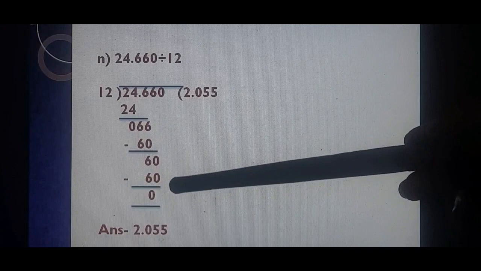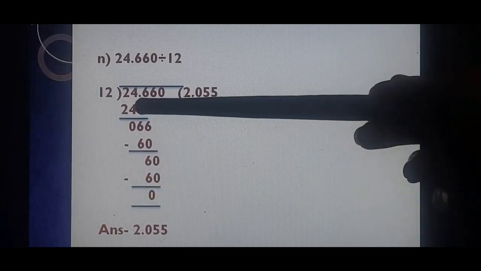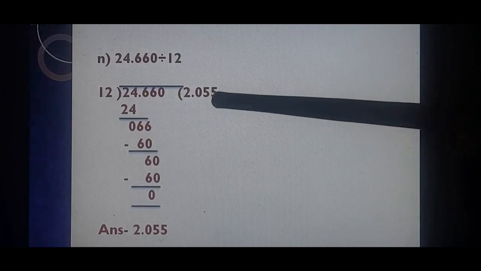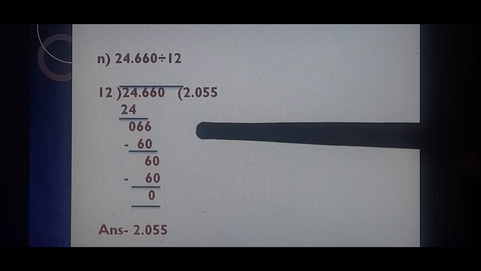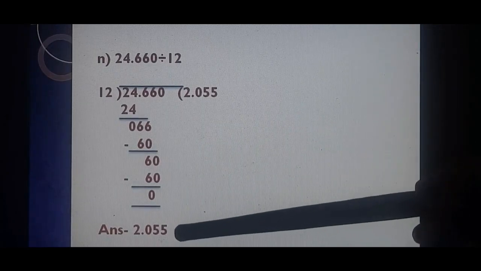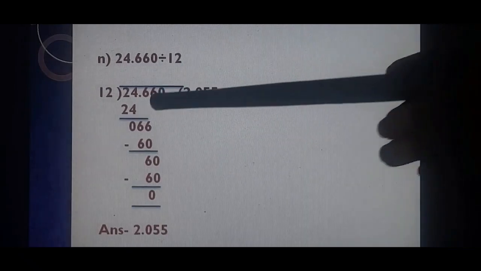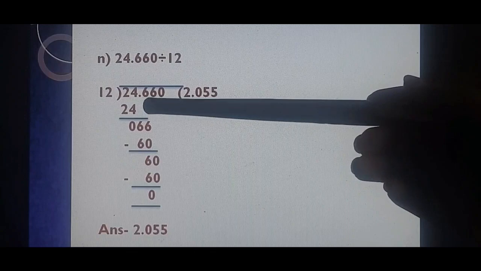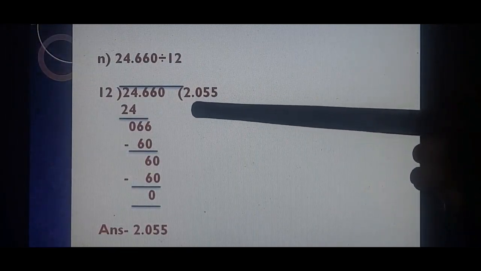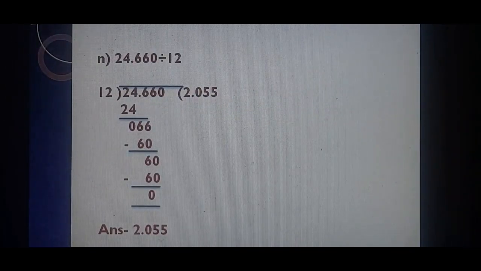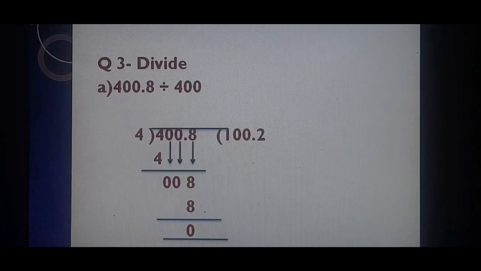Now after completing this division, after decimal we will count the number of digits. 1, 2, 3. So count from ones place, ones, tens, hundreds, put decimal here. So our answer has become 2.055. Understood? You have to do complete division. No remainder should be there. Okay? जितने डिजिट आपके बेटा डिविडेंड में होंगे डेसिमल के बाद, उतने ही डिजिट आपके डिवाइजर में होंगे डेसिमल के बाद. 1 2 3, 1 2 3. Understood? Keep this thing in your mind.